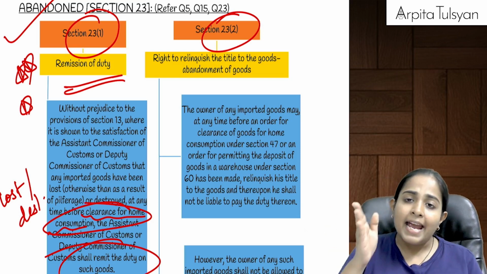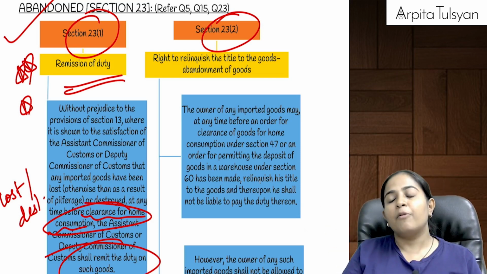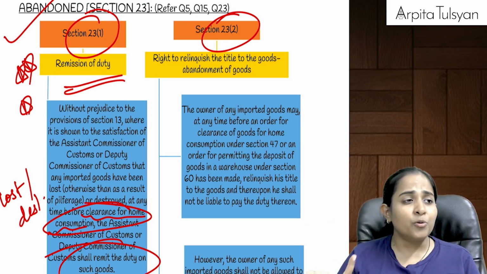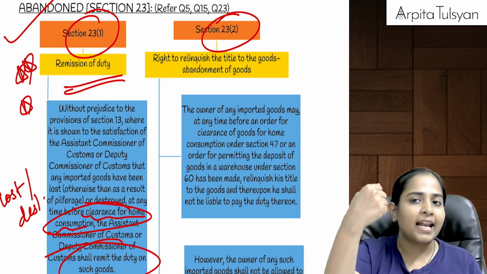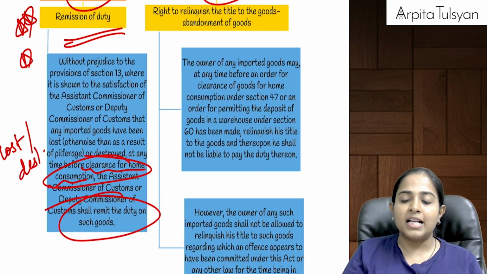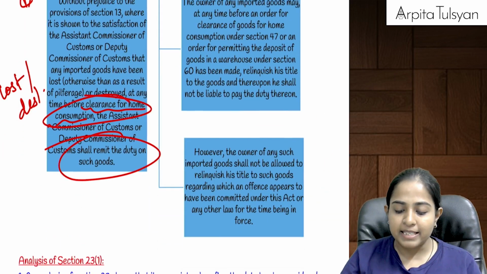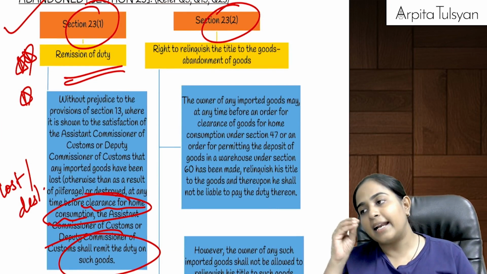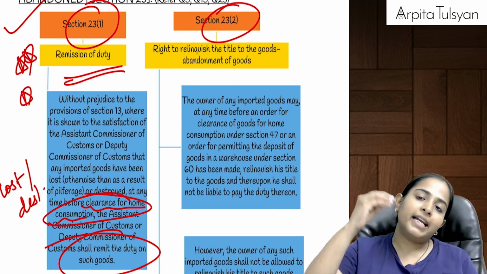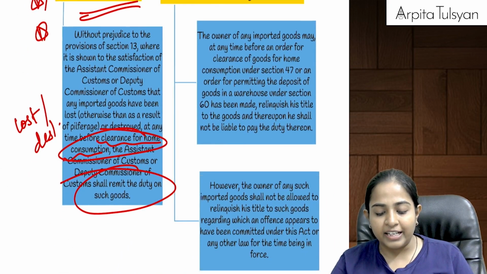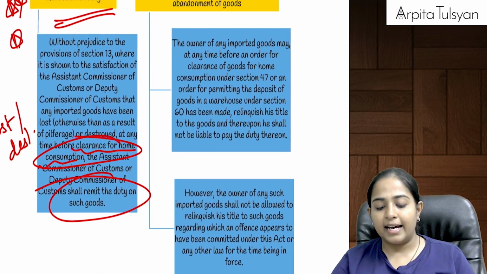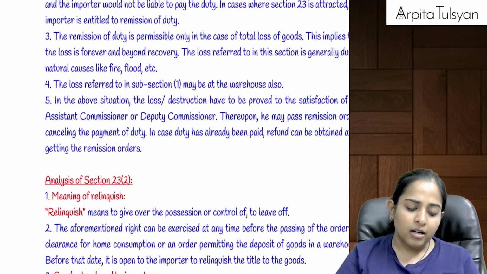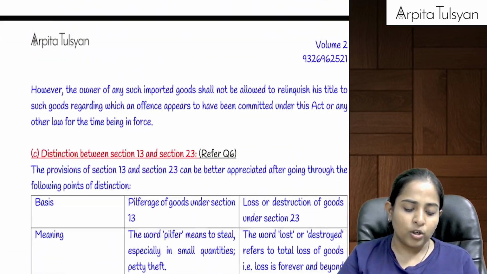Any time before that, if there is a particular owner who says that the goods are not good, the goods are not as per my specifications, etc., and I want to relinquish, then by transferring the document of title in the name of the PC or principal commissioner or the commissioner, the importer of the goods can relinquish the title in those goods and it will now go to the customs authority and we need not pay any tax in that matter. Are you clear with this? Yes. Okay. Then after that, going on to the next one.